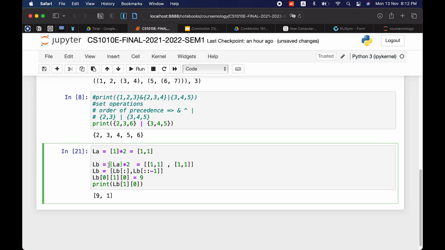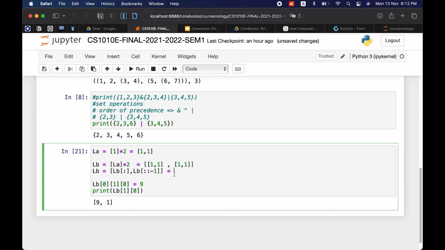But now we have the list of list A, which is already a list. Okay, so get this. Now LB, right, is basically going to be this. We have a list with LB inside, a copy of it. And since LB is a list itself, we have to put this there. And then since this LB is LB but reversed, it's basically the same thing. Okay, so we have this list and this list inside this list, and each of these has 2 lists each.